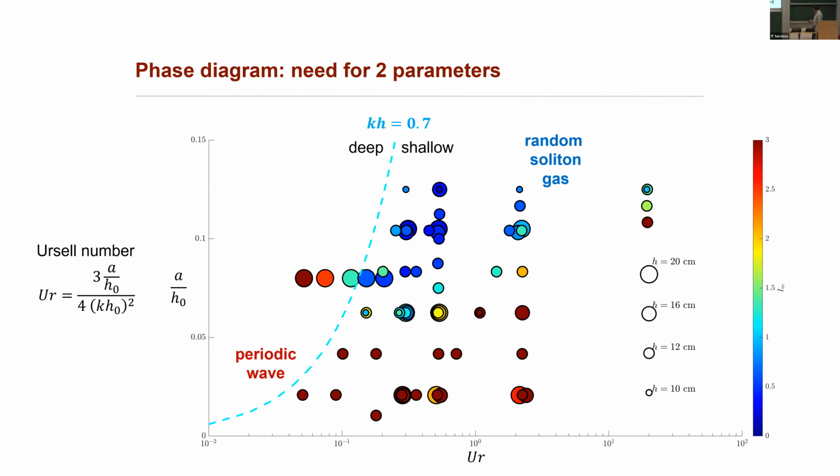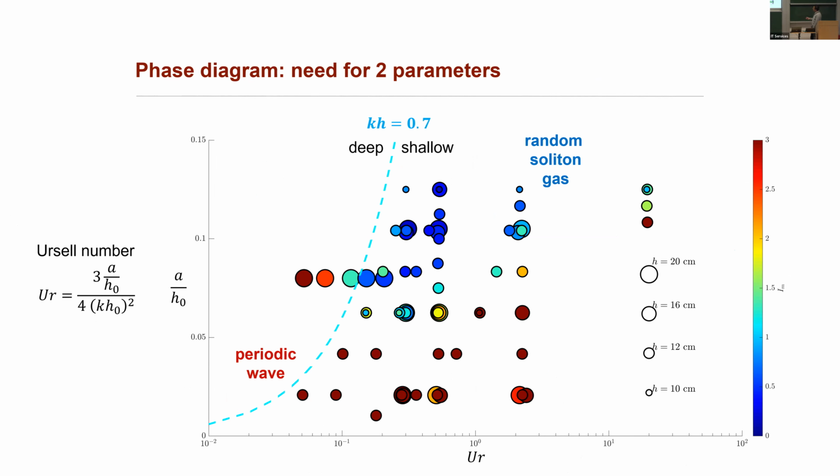Okay, and then at the end, we get to some kind of phase diagram. In principle, the KdV equation has only one dimensionless parameter, but what we see in the experiment is that we need a second dimensionless parameter that we take here as the nonlinearity, the other one being the Ursell number, so the ratio of the nonlinearity over dispersion. In principle, in an ideal world, we would just need the Ursell number, but in reality, we see